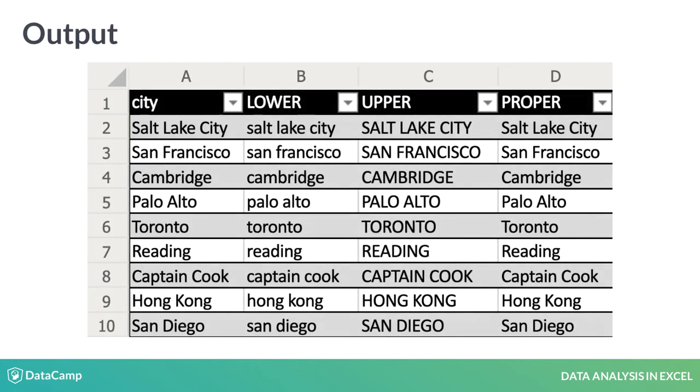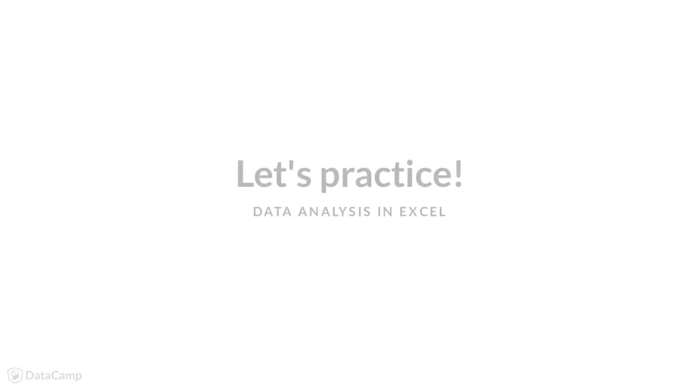Here's what happens when we apply each of these functions to the city field. When the lower function is used, there are no capitals. When upper is used, all letters of the city name are capitals. And when using proper, only the first letter of each word is capitalized. Now you